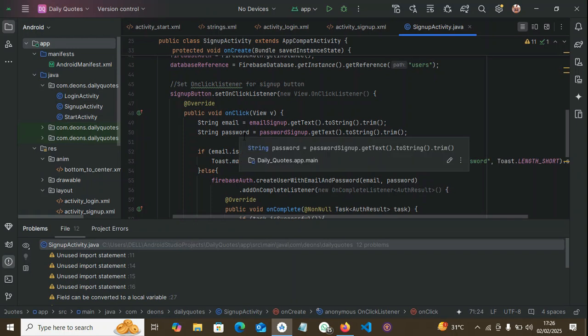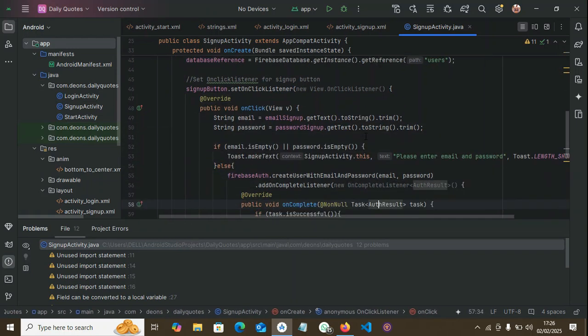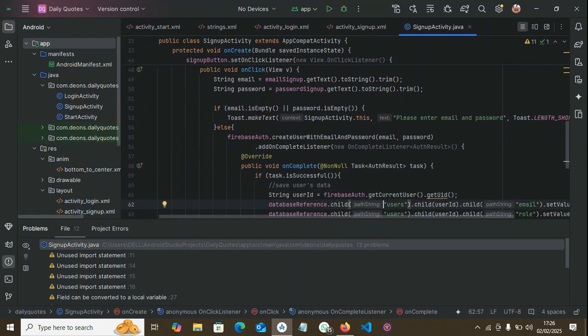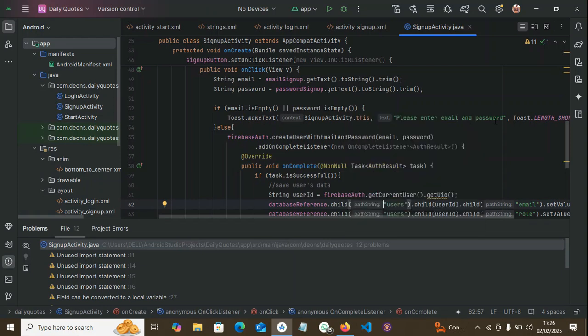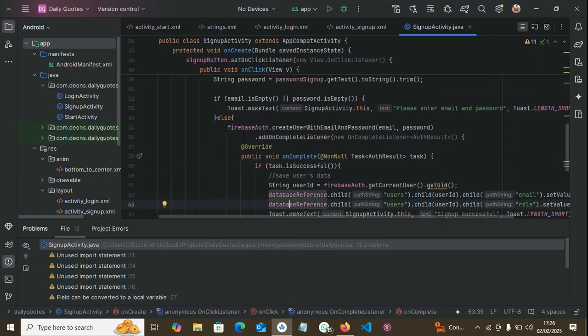Then we declare another string variable, password, to get the text that has been entered in the password field. Then we say that if the email field is empty or the password is empty, that is, if one of them is empty or both are empty, then it should give us a prompt: please enter email and password. Else, if that is not true, that is, both fields are filled, then we call on the Firebase